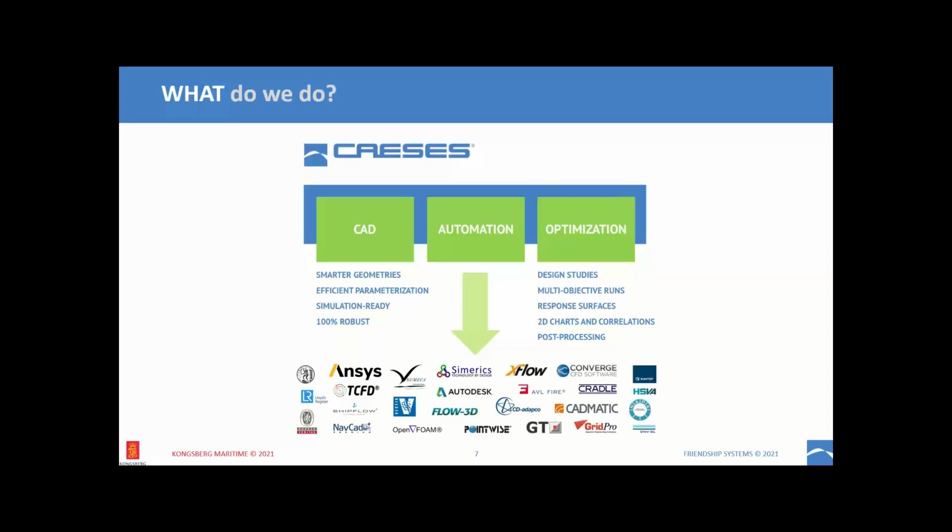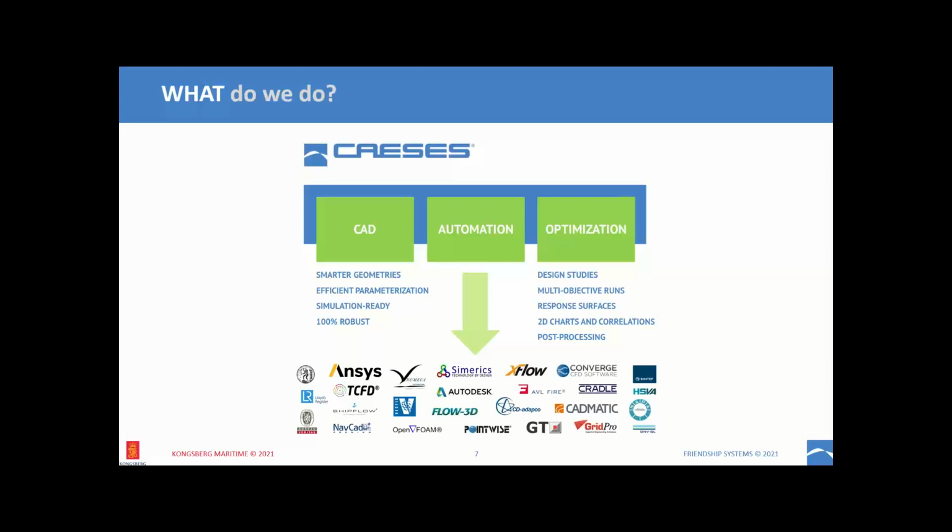The first one is a specialized CAD system that is focused on geometry variation, especially of complex, most of the times freeform geometries, and is able to parametrize these kind of geometries in an efficient way so that they can be used in the optimization process and that they can produce in a robust way clean geometries that can then be fed into the next component of the system, which is what is called automation here, which is basically the interfacing of CAESES to external computation simulation tools that take these geometry variants that we generate with the CAD component and analyze them in some ways and feed us back some results or some measures of merit